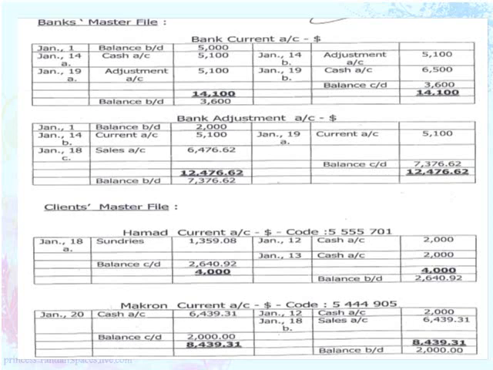And therefore it is natural that the bank accounts, the current and the adjustment, have debit balances. All the time they must have debit balances, while the clients should always have credit balances, not debit balances. This is contradictory to the rules of handling transactions in the stock exchange market of Egypt. This is the end of